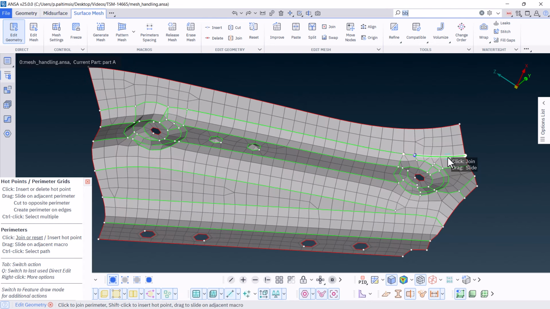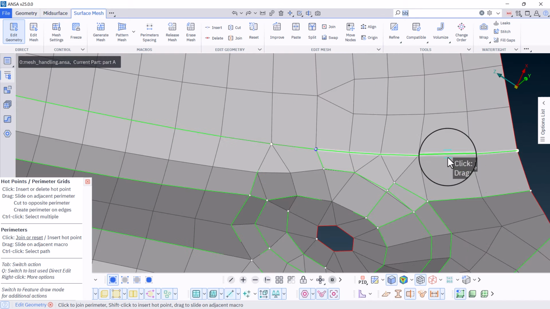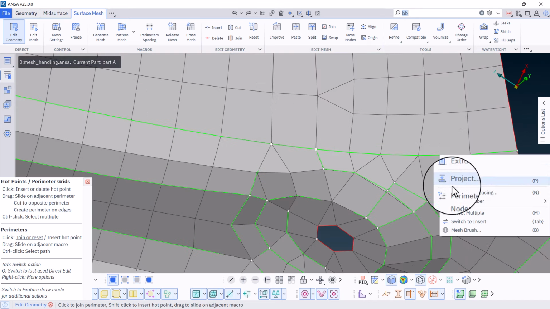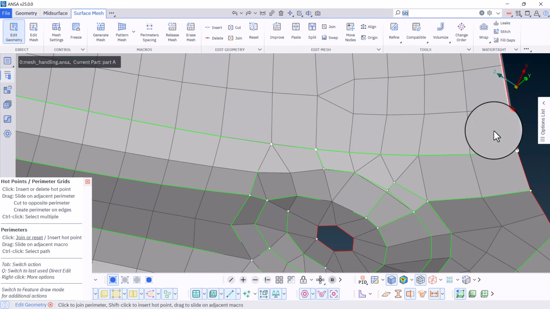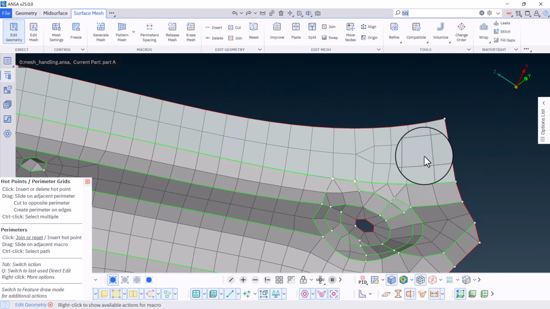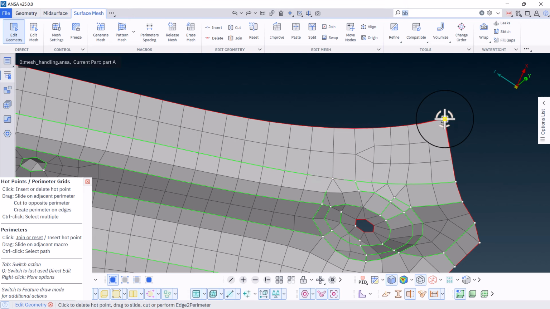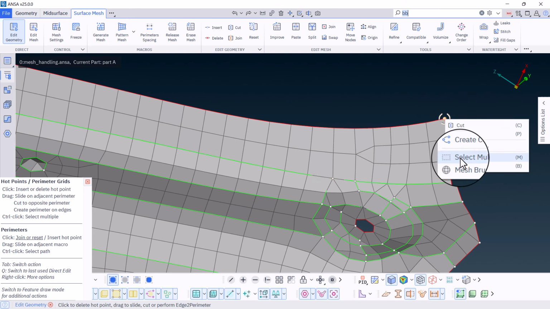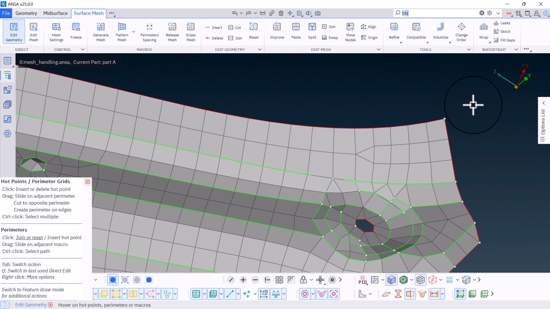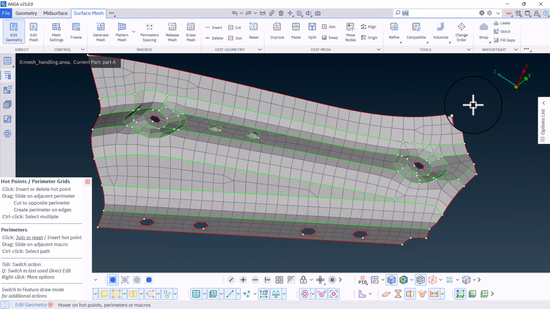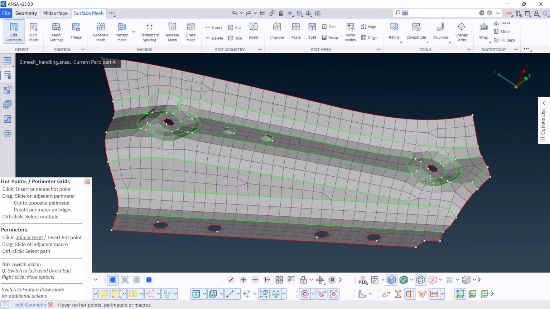Each time the right mouse button is clicked over an entity, a menu is displayed containing a different set of functions depending on the type of the clicked entity. For example, by clicking on a perimeter, a menu appears with functions relevant to the perimeter's entities. Similarly, by clicking on a surface, a menu appears with functions relevant to the surface's entities. The same behavior is expected when right-clicking on a node as well. These functions are the same as the respective ones located in the various module buttons.